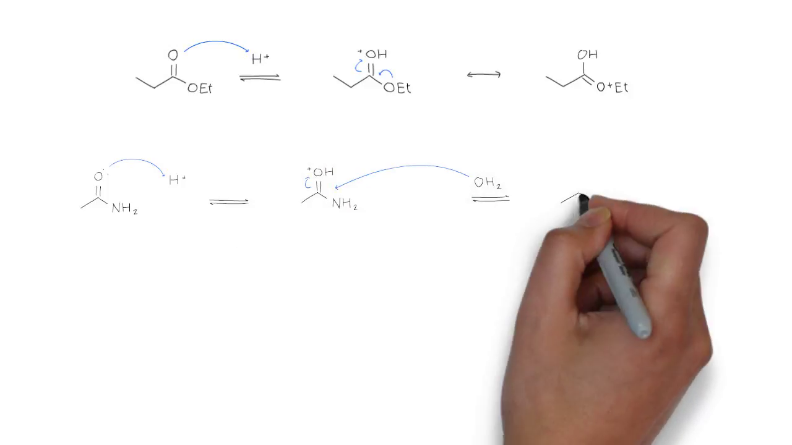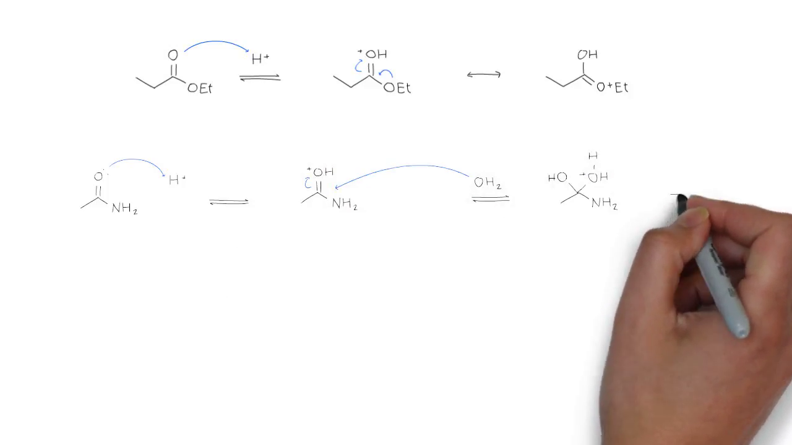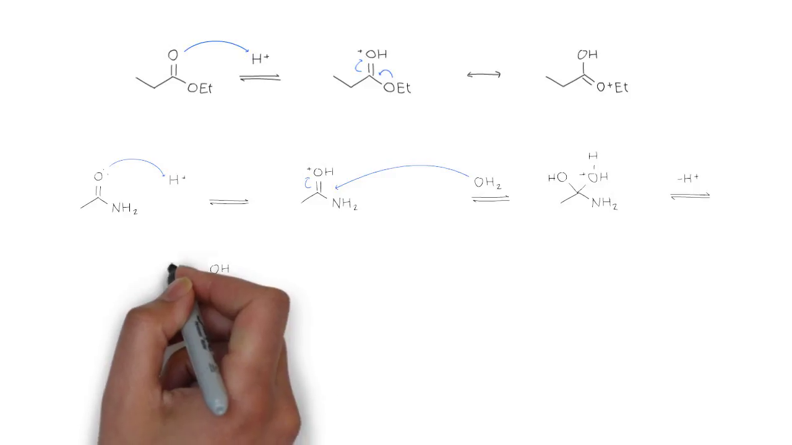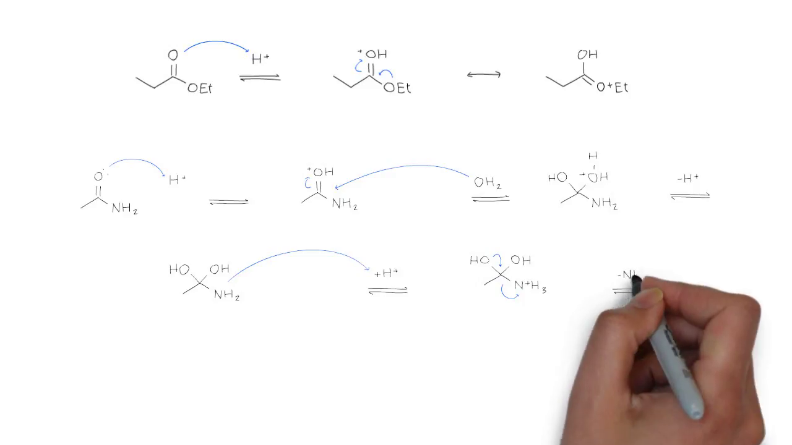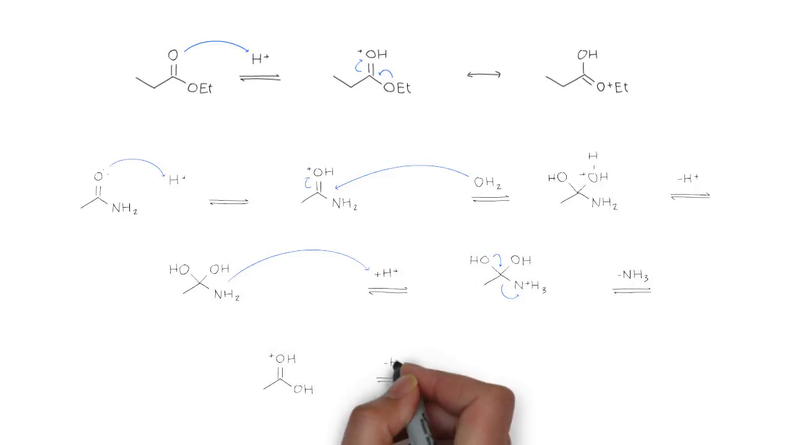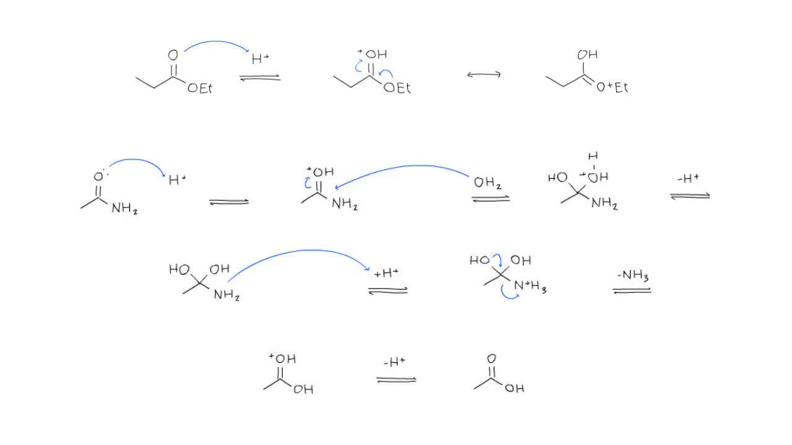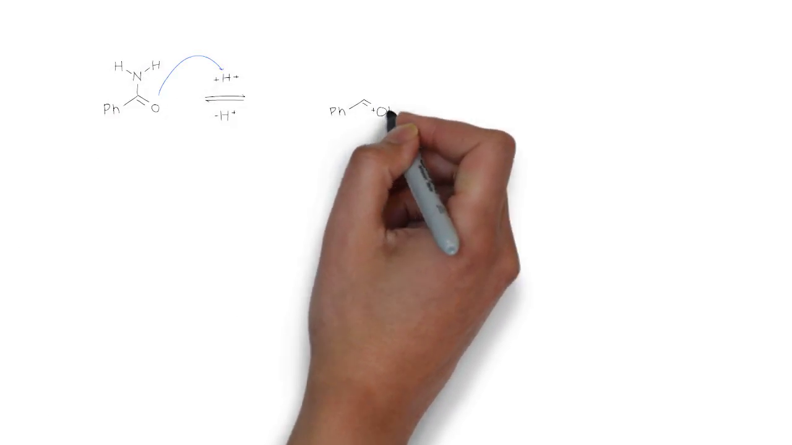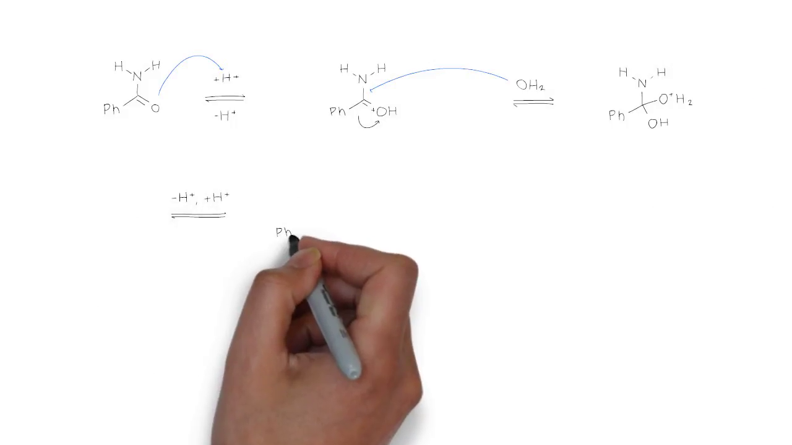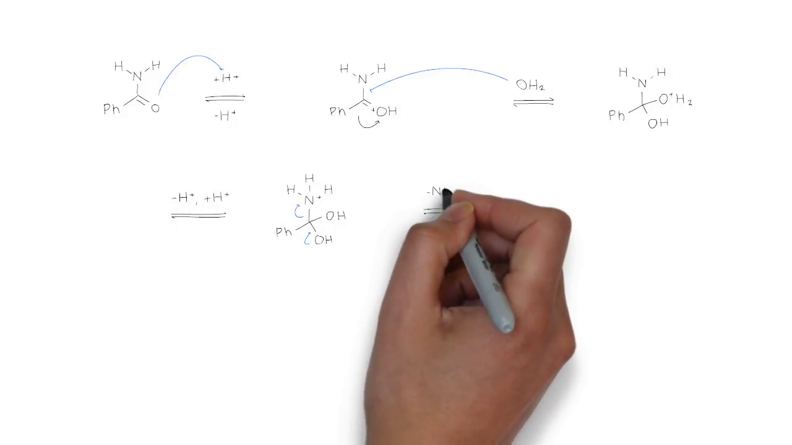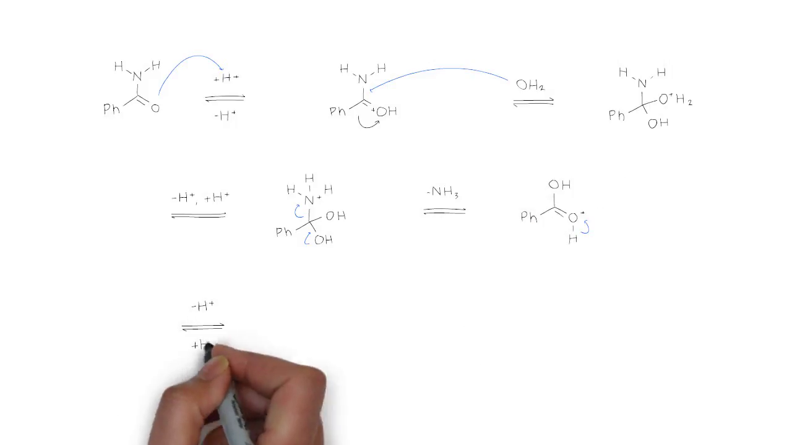The first step under acidic conditions is always going to be protonation of the carbonyl oxygen. Attack of water, loss of a proton, gain of a proton, and finally loss of ammonia for a primary amide, and loss of a proton will give the product. For benzamide, we can represent the mechanism again as protonation, attack of water, proton transfer, loss of ammonia, and finally